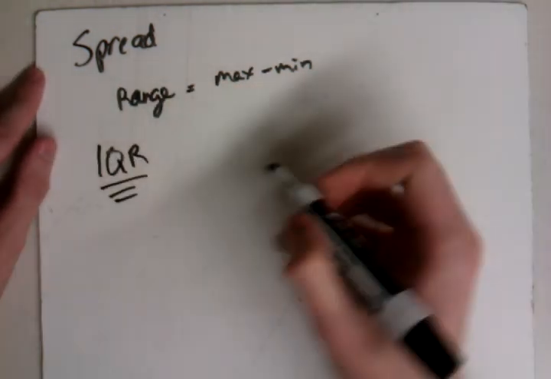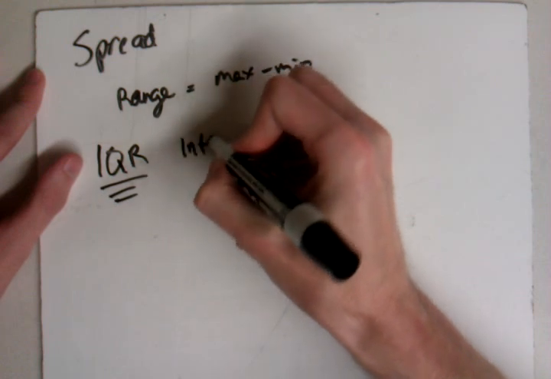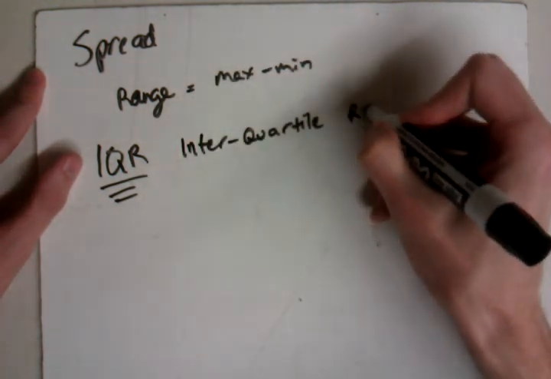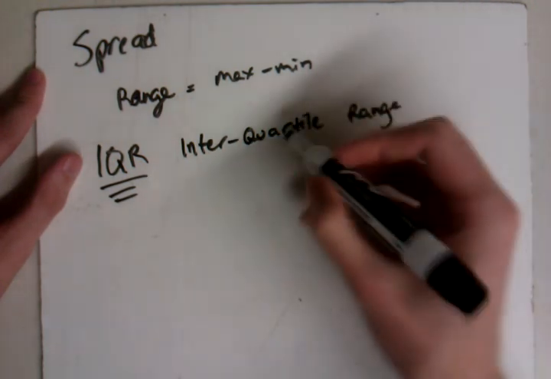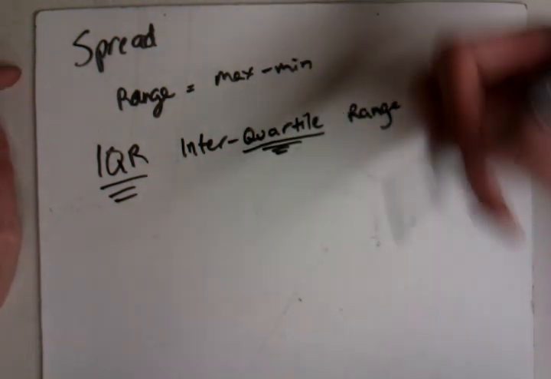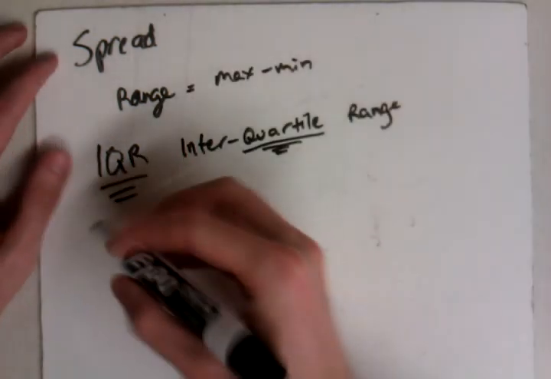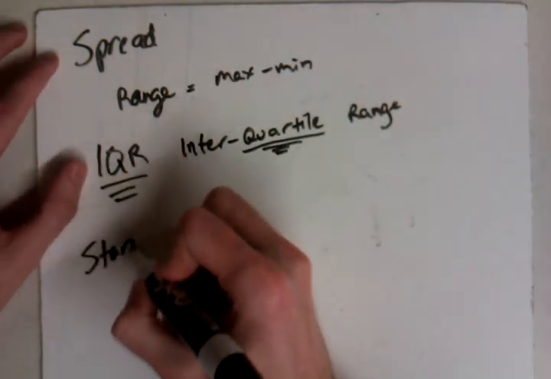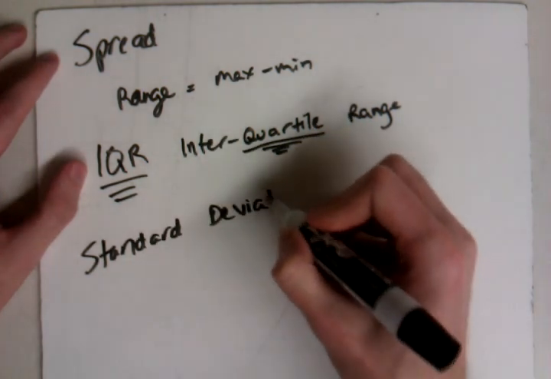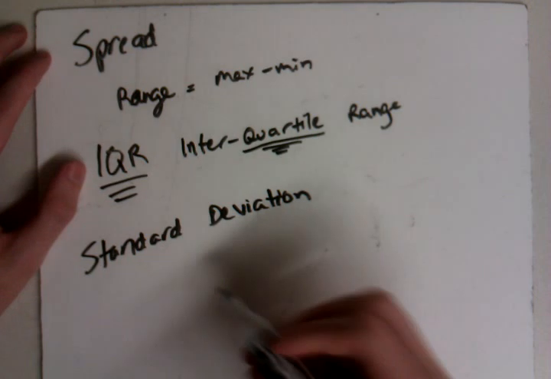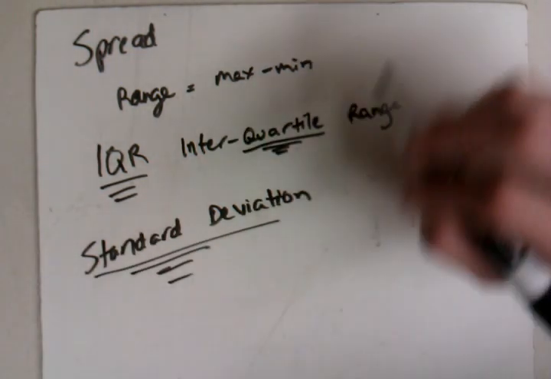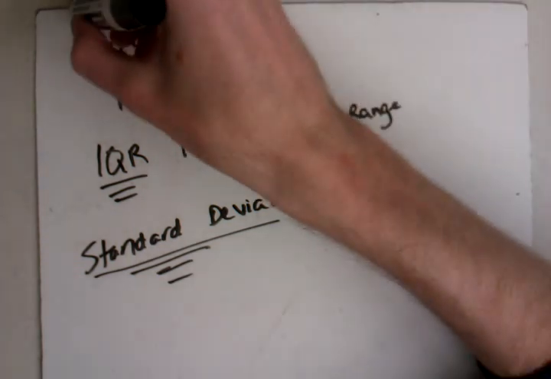One of them is IQR, which means inter-quartile range. So whenever you see that word quartile, you should be thinking, I've seen quartiles before in my 5-number summary, so it has to do with that. And the other one we'll talk about is standard deviation. So these are the two things that I'm going to talk about today. Again, these are measures of spread,